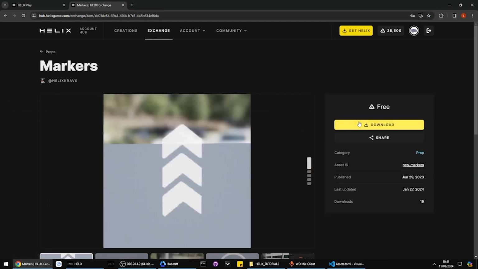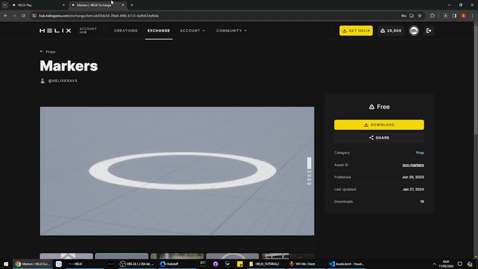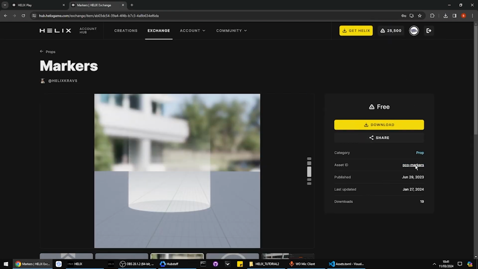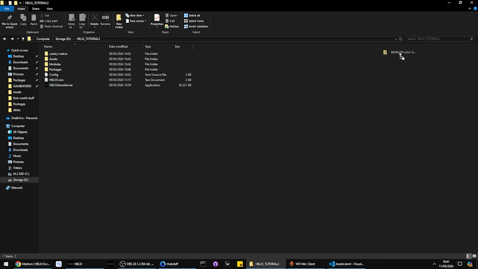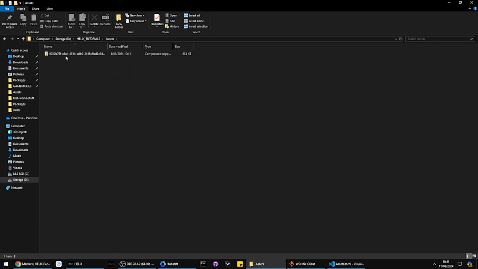So here they are. All we do is download, and now we've downloaded it. You also want to keep in mind this asset ID here. We can click it and it will just copy to the clipboard, but just don't forget this. Because this is free, we were able to easily download it. I can just drag, drop into our assets folder, and depending on what you have, you can do this in